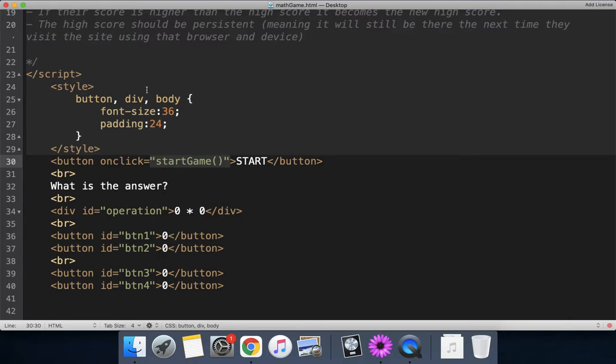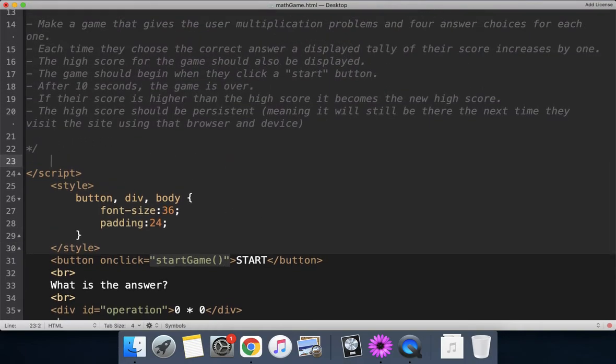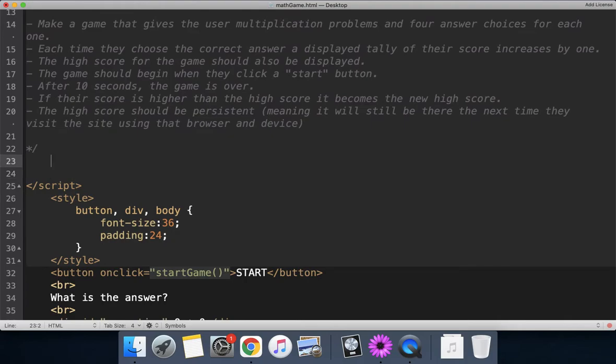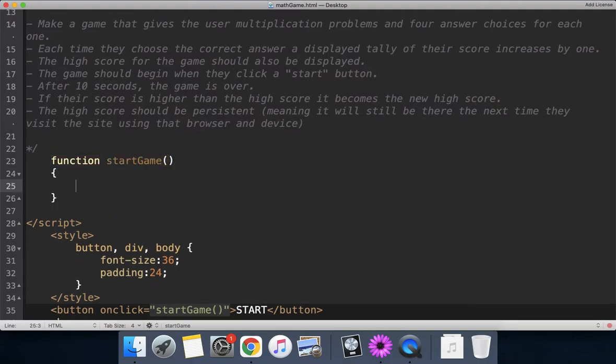And when the game starts, really what we want to have happen is we want to have a timer that counts down from 10. So let's do that. Let's go inside script, and let's say function start game, and then